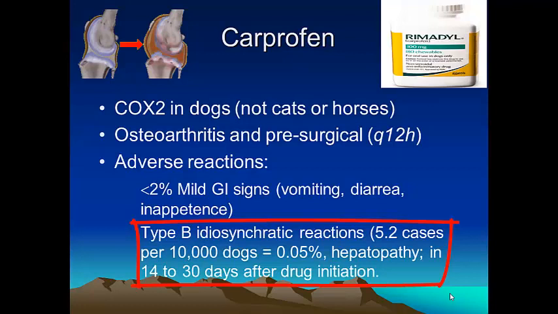number of dogs, as you can see here, 5 in 10,000 dogs that develop liver failure. This was an idiosyncratic reaction. But obviously, if it is your dog, it's a big issue. What they started doing was suggesting monitoring liver enzymes beginning at 40 days after you initiate the medication, because if something is going to happen, you're probably going to detect it that early